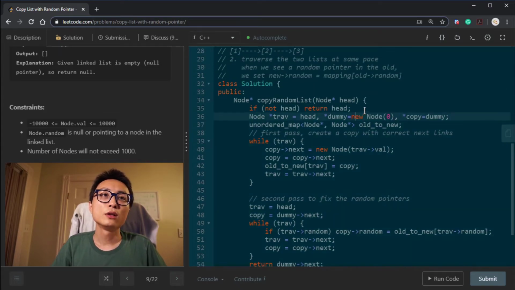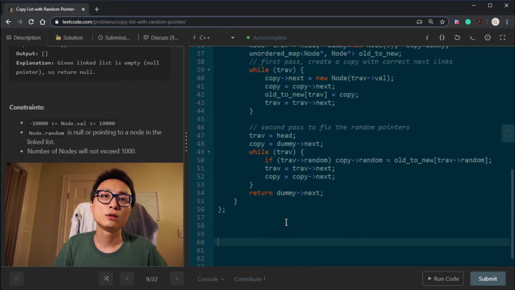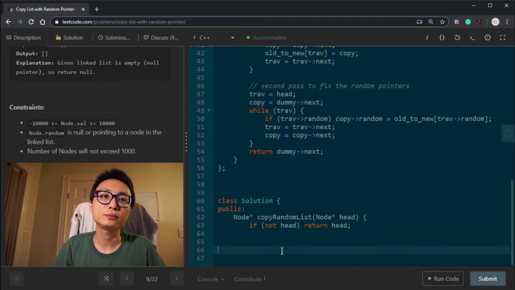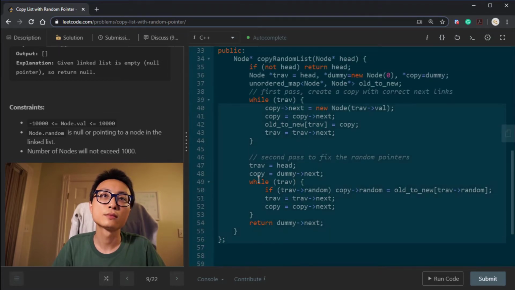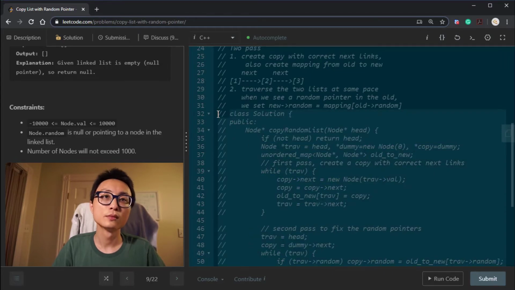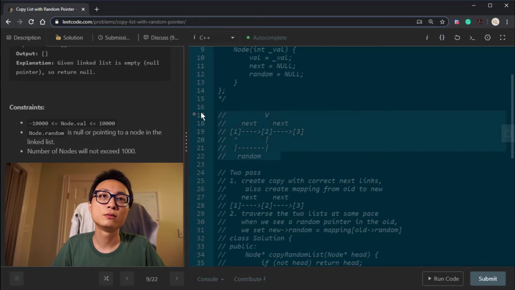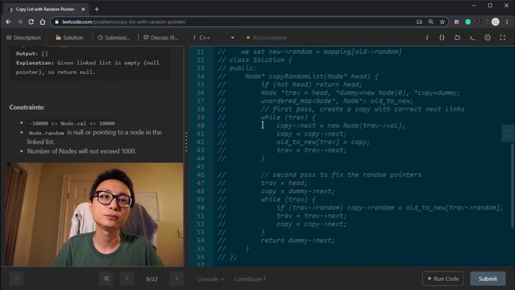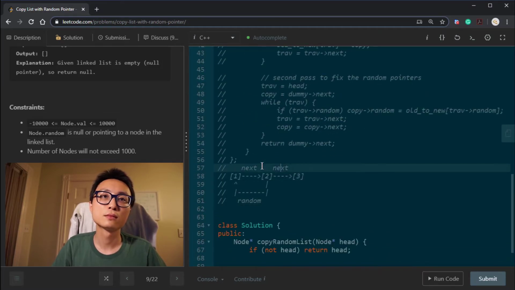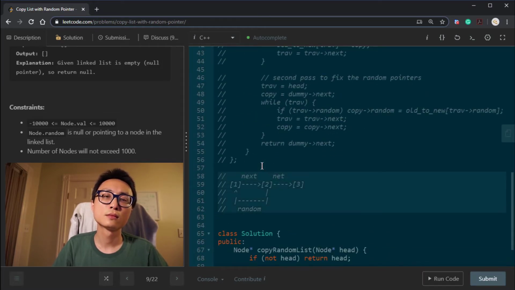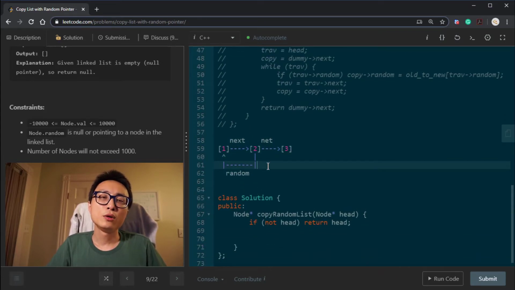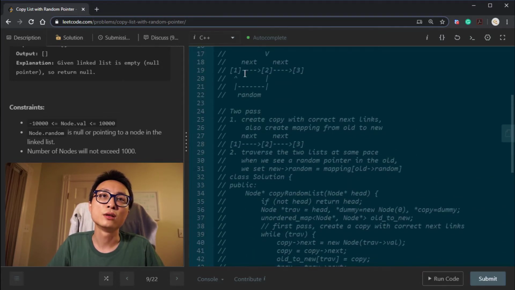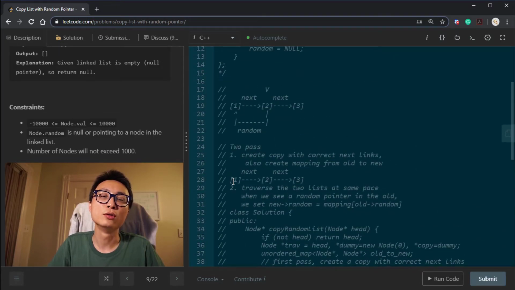So I'm gonna talk about another approach. Gonna borrow this as well. Another approach that requires only constant space. Obviously, we wouldn't maintain this mapping from the old to new.